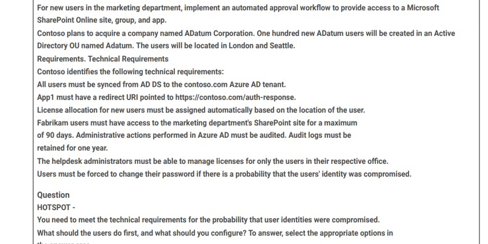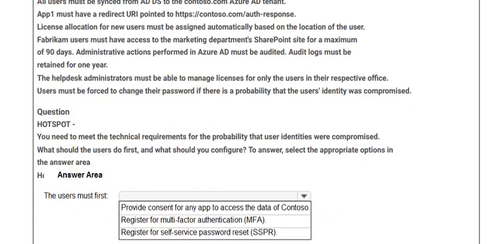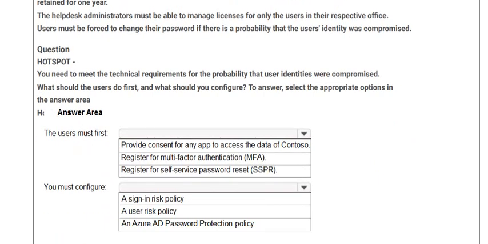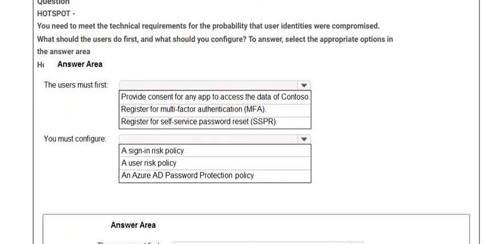Now the question is, you need to meet the technical requirements for the probability that user identities were compromised. What should the users do first and what should you configure? Please go through the answer area. And the correct answer is